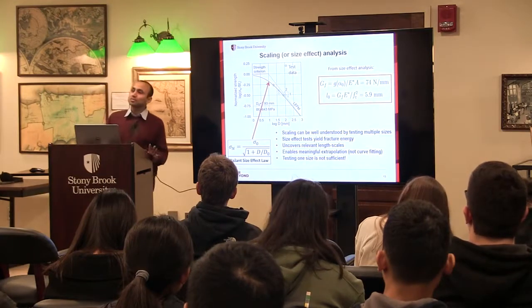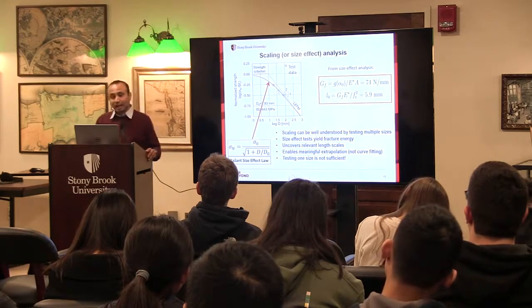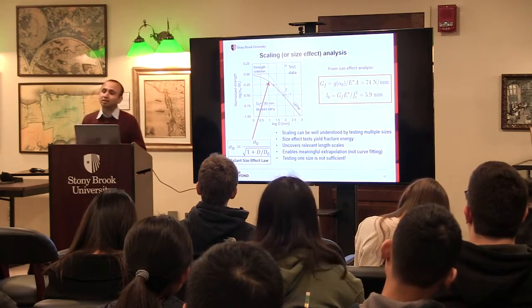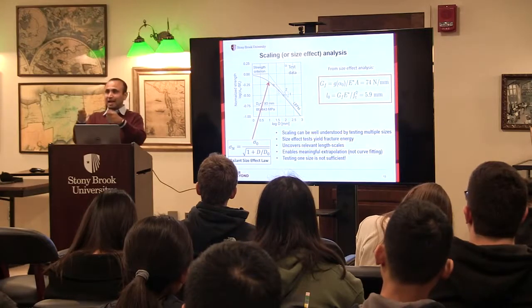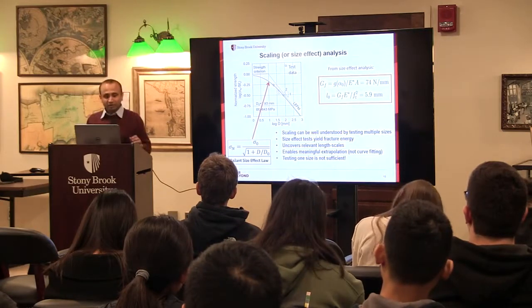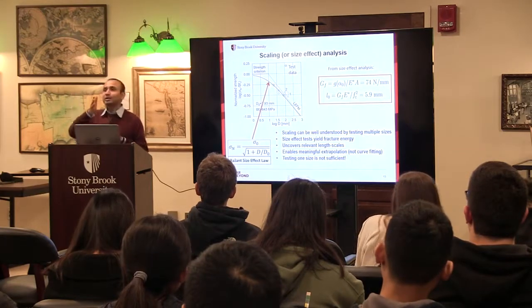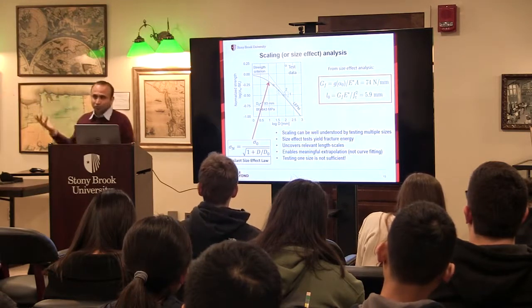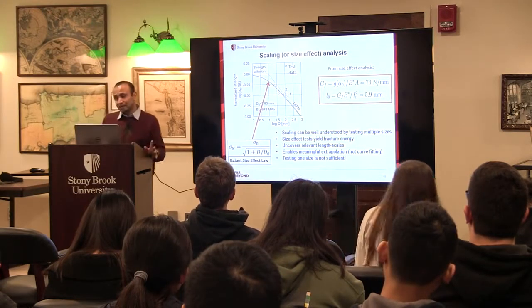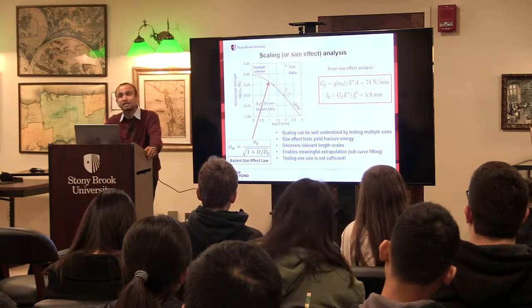So this overcomes the issue with the fracture tests being very unstable, and it also gives a lot of understanding of what the failure behavior is. For example, when we test something in the lab, for those sizes, we can find out where we are on the spectrum of ductile to brittle. And then from that we can tell for a particular structure size how brittle it will be. Okay? So these two challenges are overcome by this analysis called size effect.